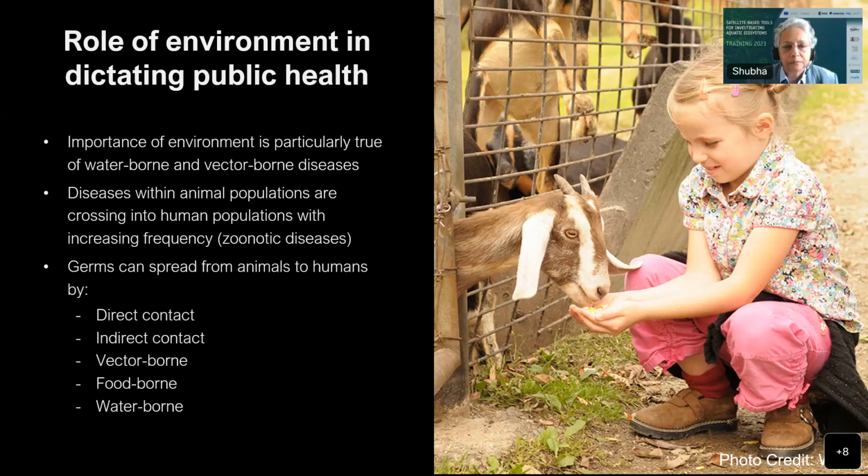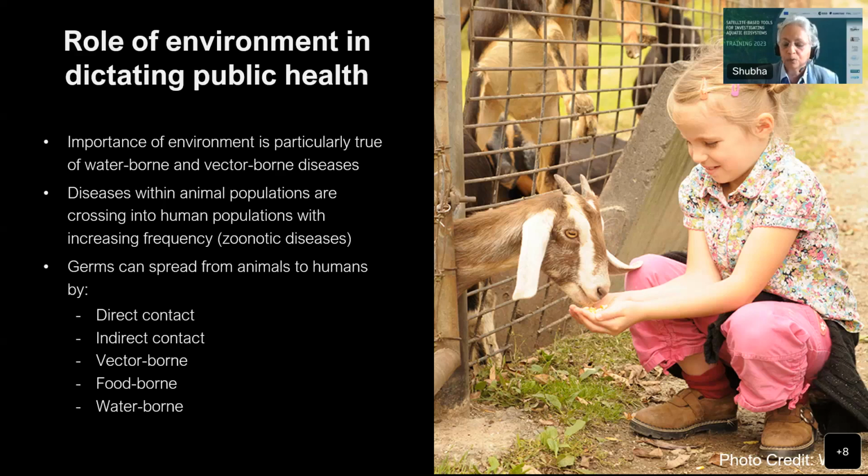There is evidence that diseases associated with animals that are then transmitted to humans, referred to as zoonotic diseases, are on the increase. These diseases can be classified as those transmitted by direct contact with the animals, indirect contact, or through some vector or the food that we consume,